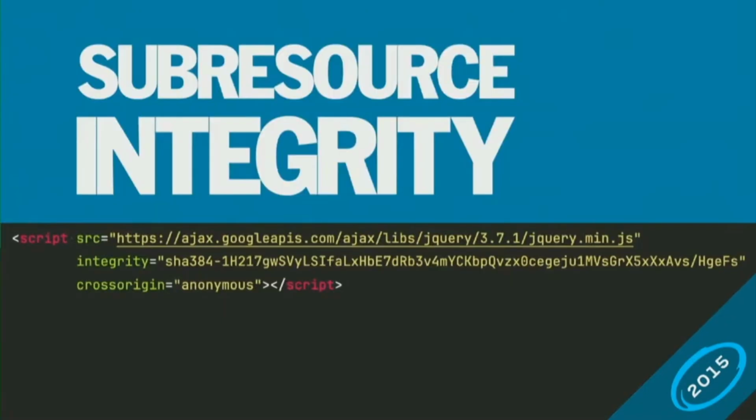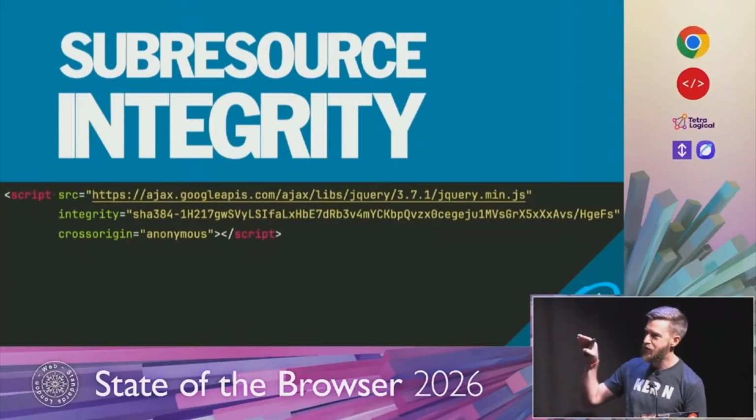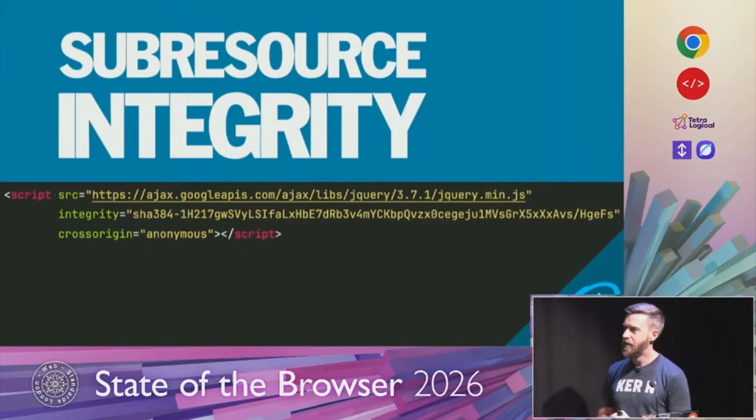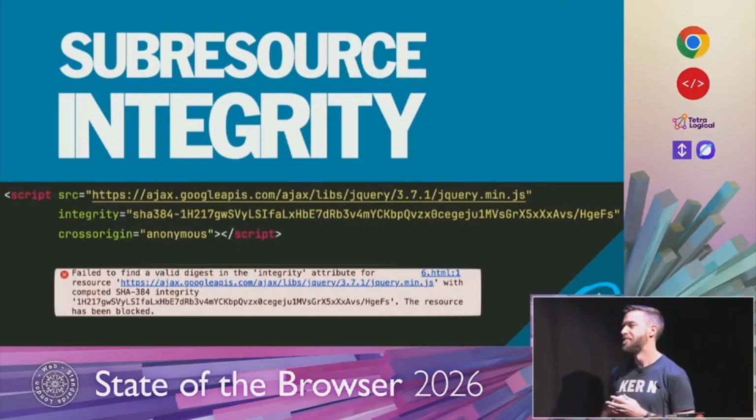And that's when folks started thinking, oh, maybe we should use sub-resource integrity. So sub-resource integrity is basically a hash that you put on your script element that is tied to the content that you're pointing to. So as long as the content is immutable and not changing, and the integrity hash matches the content that's expected and downloaded by the browser, it will execute that. If not, then it fails pretty miserably. Which is fine, but